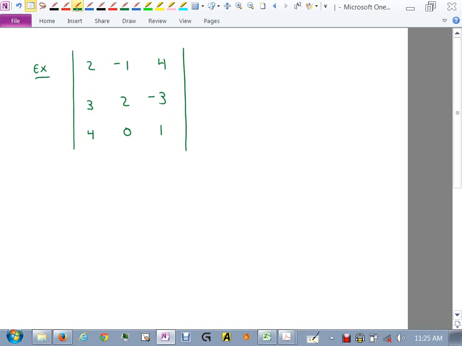So let's see. First thing I'm going to do is write down what number? 2, right? 2 is the first thing I go grab. So I write down 2 times. Now, since I'm doing the 2, I'm going to hide this column, right? I'm going to act like that column's not there. I am going to do the determinant of the bottom 4 numbers I see here. What's the determinant of this little 2 by 2 matrix right here? Let's do it slow. It's 2 times 1. That's this, like this, right? Then minus what? Negative 3 times 0.